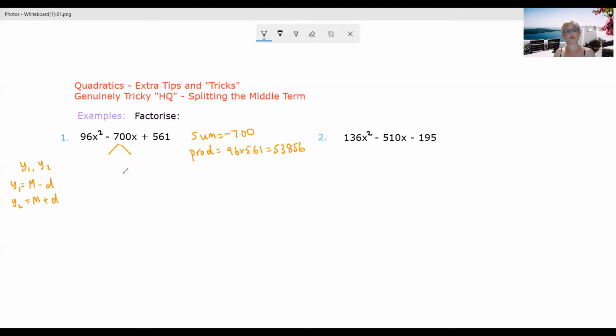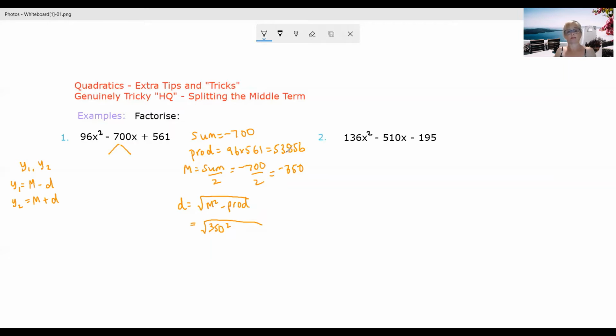So what we're going to do now is work out our m and our d and proceed from there. So m is our sum divided by 2. That's nice and easy to work out. So our m is going to be negative 350. Our d is also relatively easy to work out once we've worked out our m. It's going to be the square root of m squared minus the product. So it's going to be the square root of, well, squaring a negative is the same thing as squaring a positive, so 350 squared